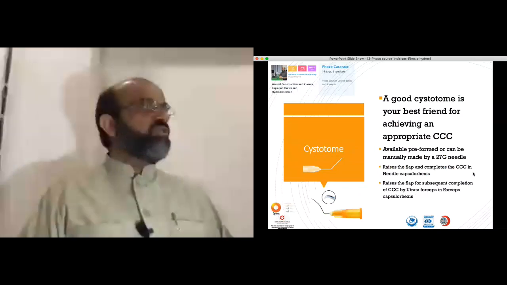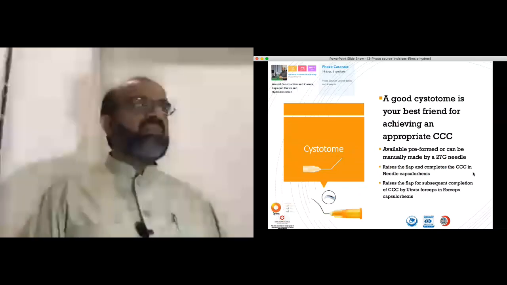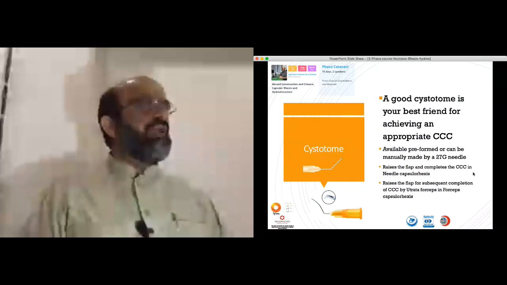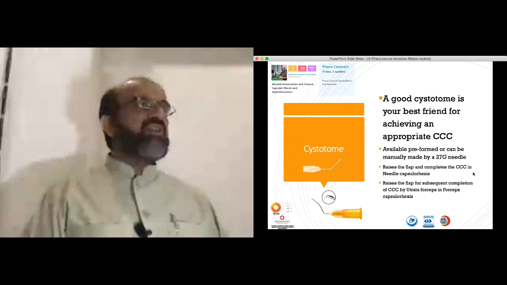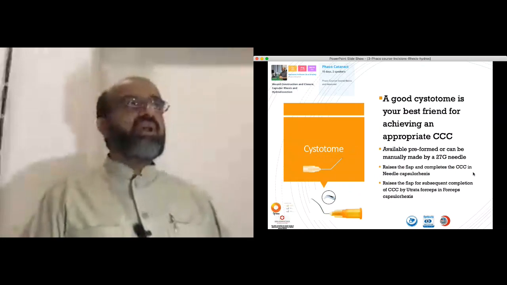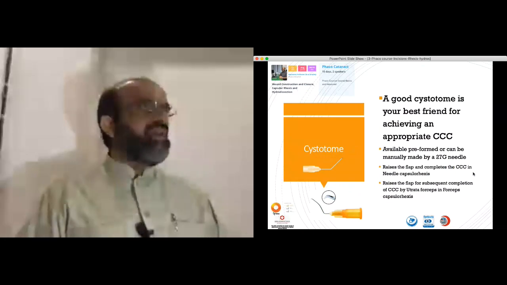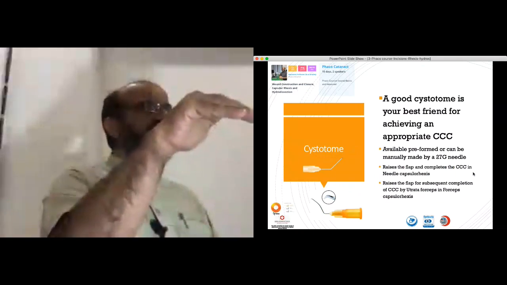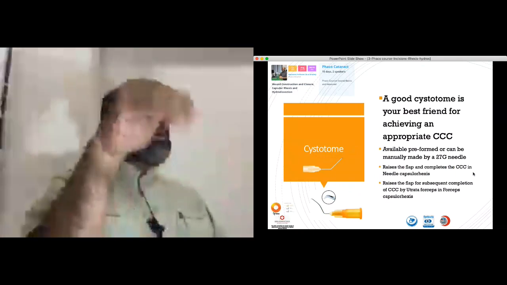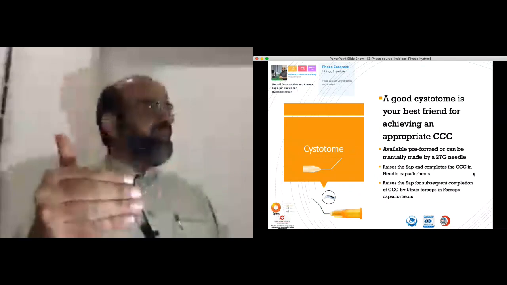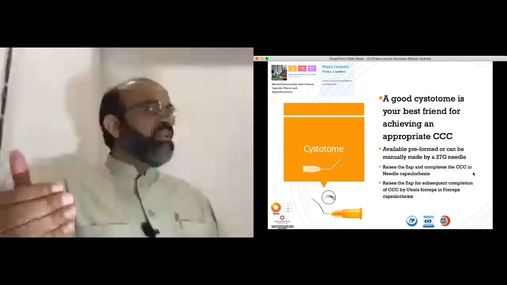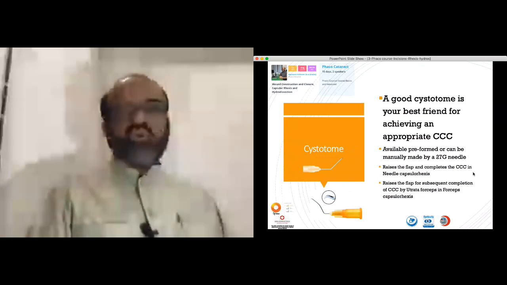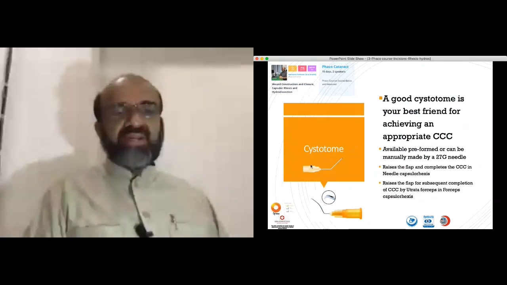A good cystitome can be constructed with the help of a good assistant nurse or your assistant or yourself under the microscope. Both angles of bending of the needle need to be about 120 degrees. The tip should not be bent vertically. It should be just angled at 120 degrees, not 90 degrees, because 120 degrees gives you more freedom, and there are fewer chances of entrapping or inadvertently extending the rhexis. So 120 degrees is the ideal bend of the